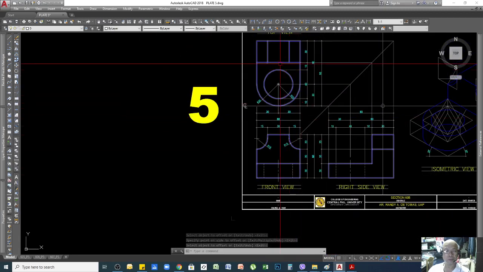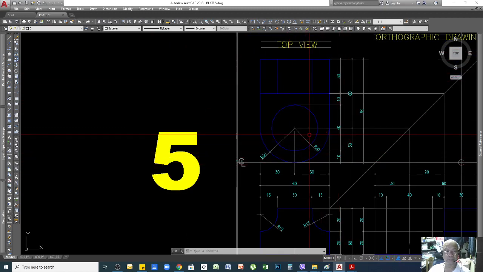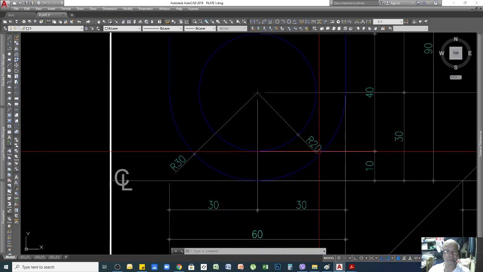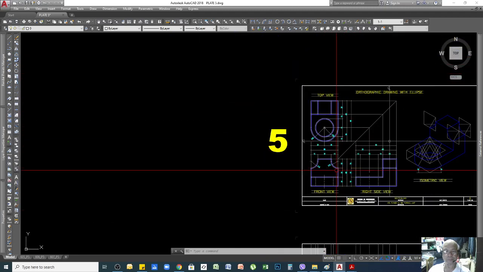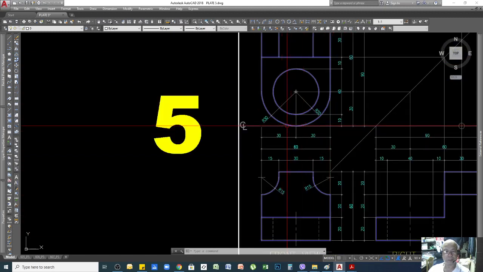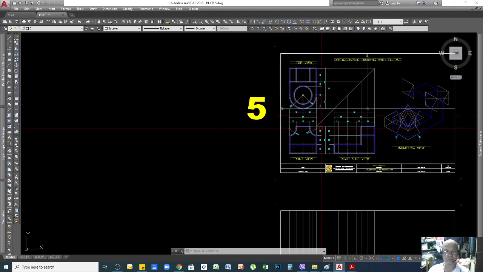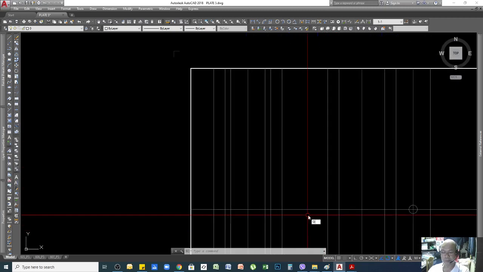Okay, so we'll go to the top view. We have 10, and then we have this radius for the circle here, which is 20. So we will offset 10, 20, and another 20, and 10, and 30. This part is exactly in line with the horizontal line, so all you need to do is offset.